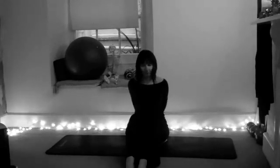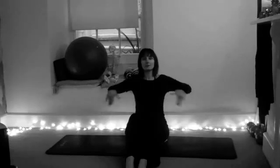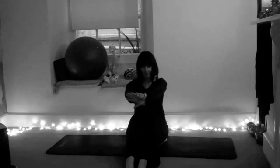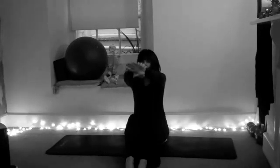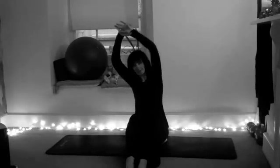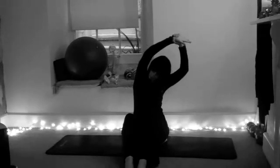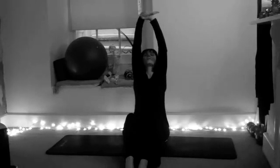Take the hands behind the back, push away and lift the chest. Take the hands in front of you, push away, tuck under and drop the chin. And just have a gentle slump into the middle back, pushing away into between the shoulder blades. And then take hands up towards the ceiling, reach over, come back to centre and reach over to the other side, holding onto the wrist. Pushing up towards the ceiling, lifting the chest, going into a slight extension, stretching out the front of the body,